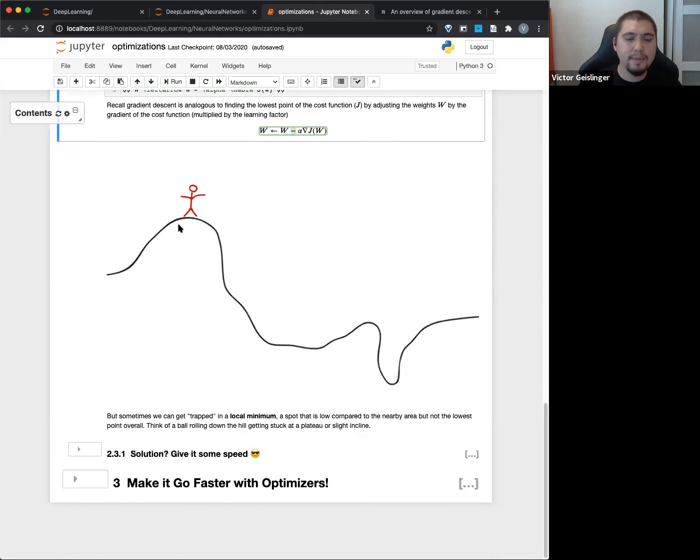Okay? But sometimes, like I mentioned, we get trapped in a local minimum. So for example, I have this little picture here I drew. I'm a great artist, aren't I? You can see that what we would probably do, if we didn't have enough oomph, right, is we take a step over here. Let me draw. We would take maybe a big step right here. That would be us right here. And then we take an even bigger step right here. And we take another big step right here. And then we're here.